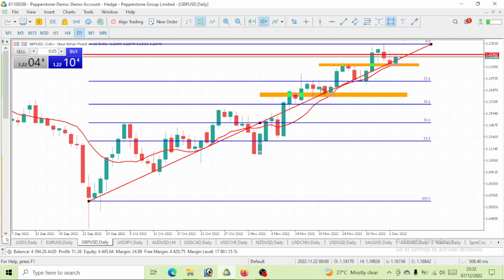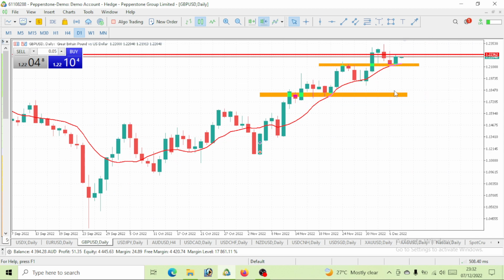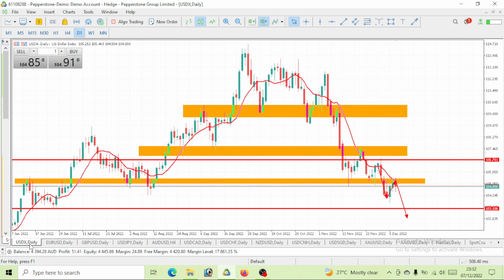It's either it drops to this level of 23.6, or it comes to this level here and has a rejection, and then price will go up. Guess what? We actually had this movement here. So that is to tell you that we are now on a bullish move. Our bullish move has now started, and one of the reasons why we are having a bullish move on this GBP USD is that we had a bearish move on the USD index.